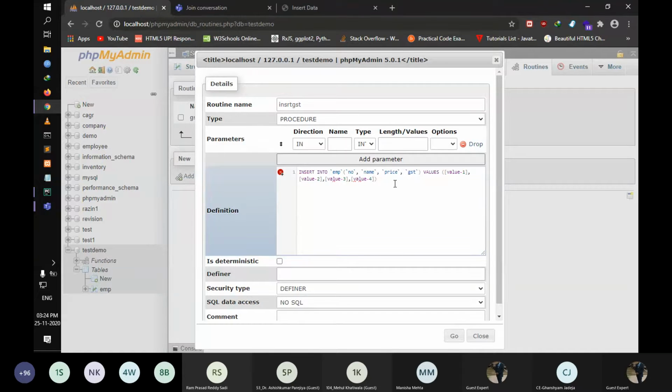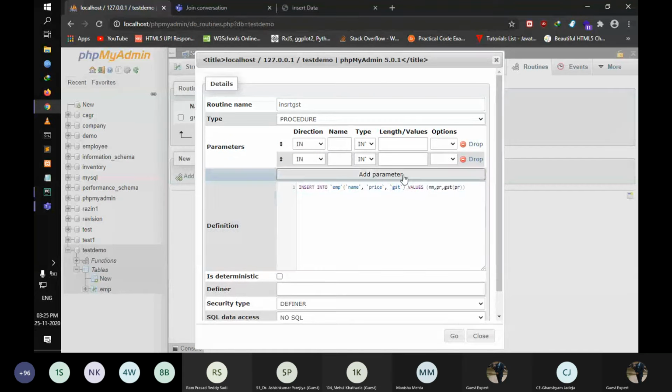The number is auto-incremented, so we don't need to mention it here. A variable for name, a variable for price, and then we use the function for GST. And we add the parameters here.